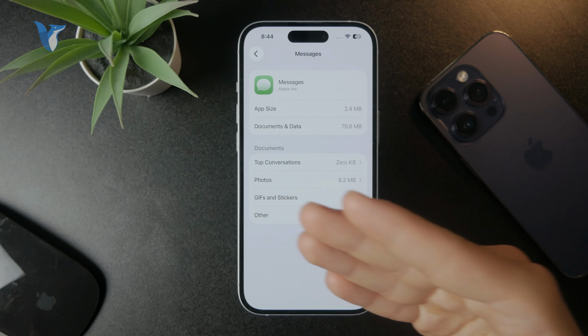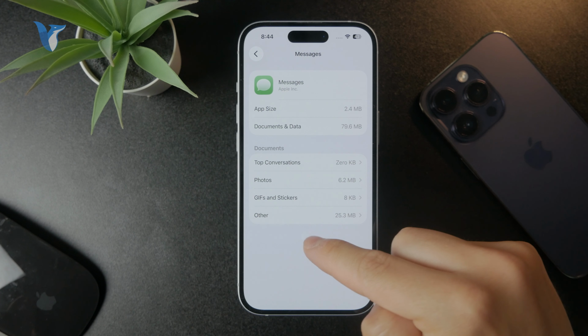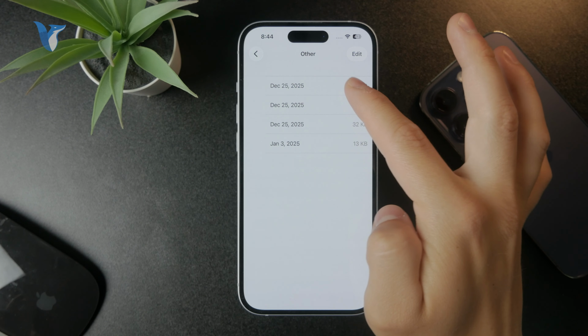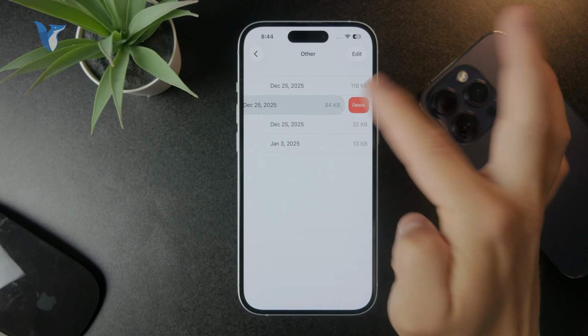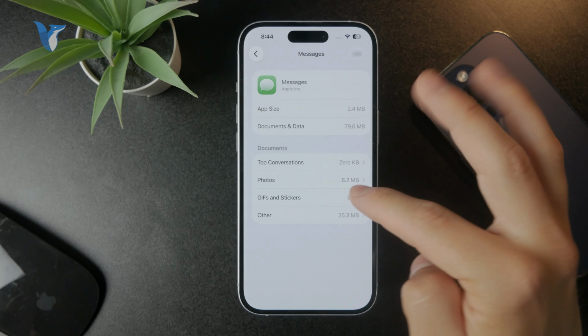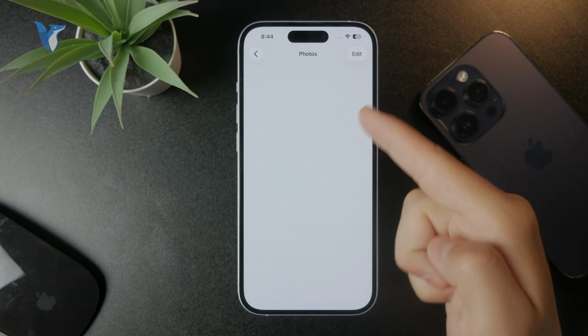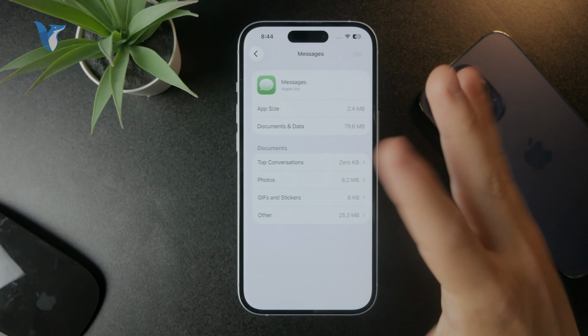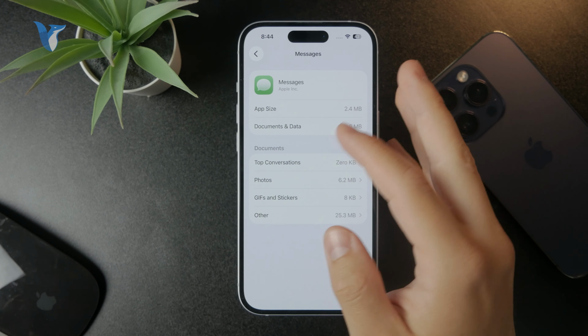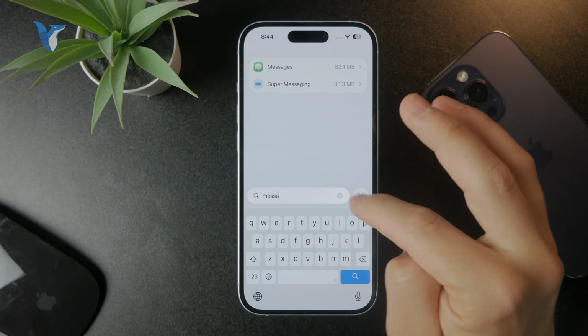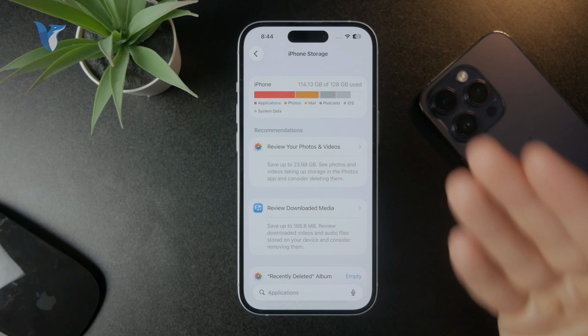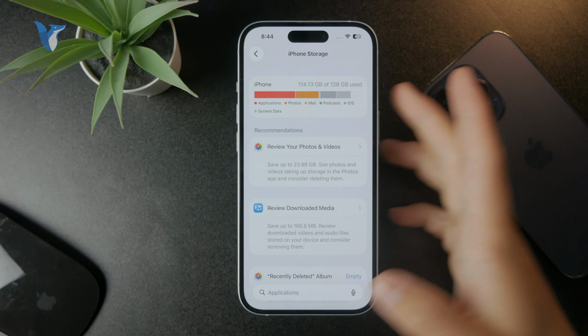the messages app, right? So for example, if I have some large files in here, like audio recordings, I can swipe away and delete those, or I can as well manage the photos if there is anything available, right? I just deleted it before. But yeah, that's how you can manage the attachments part of the messages app, or use the recommendations to